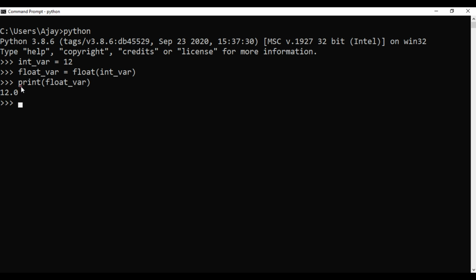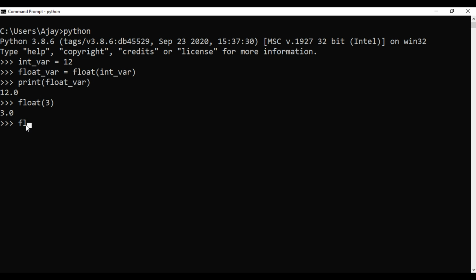Okay, and when we try to print what is inside this variable, we are getting 12.0, that is a float. Here you can also directly use this float function like float, and inside this float function you can pass any integer number and it will directly convert that number into float number.